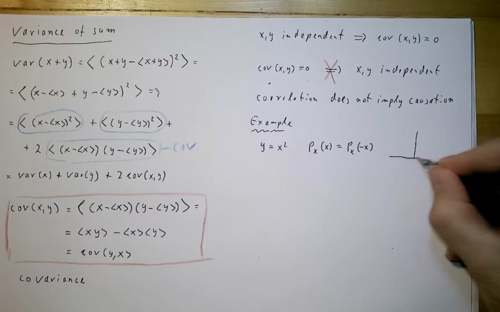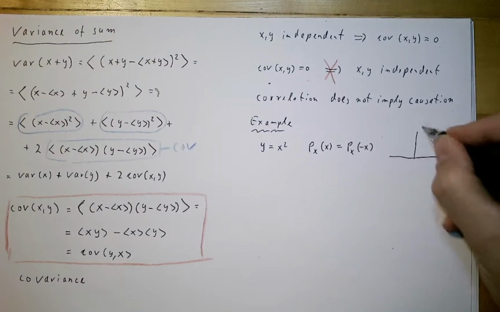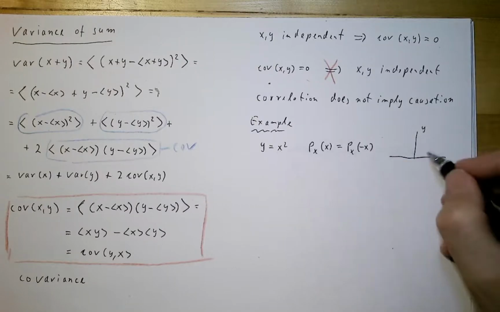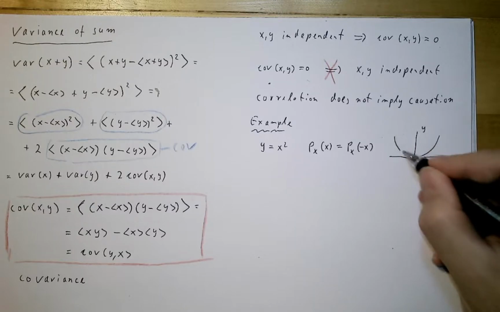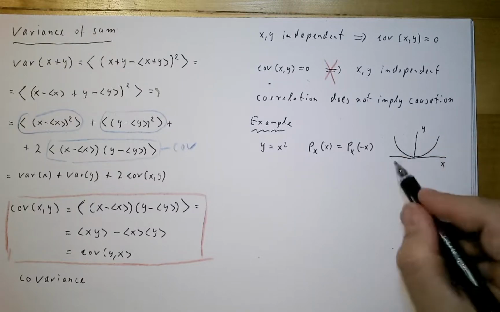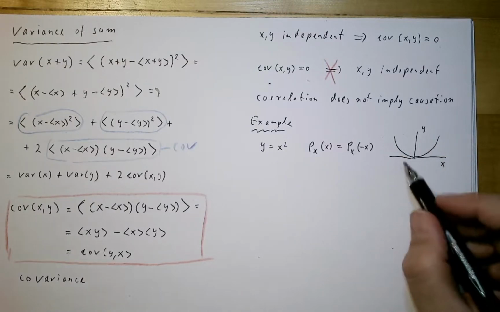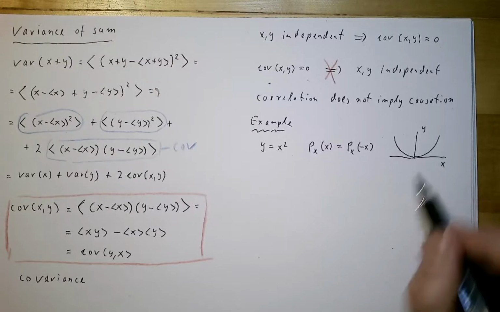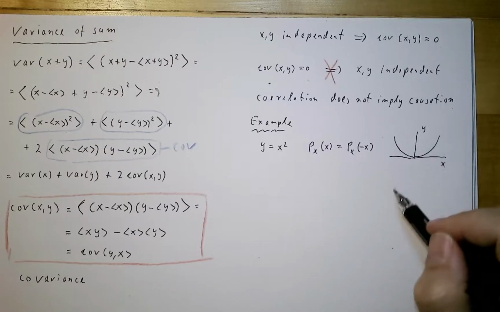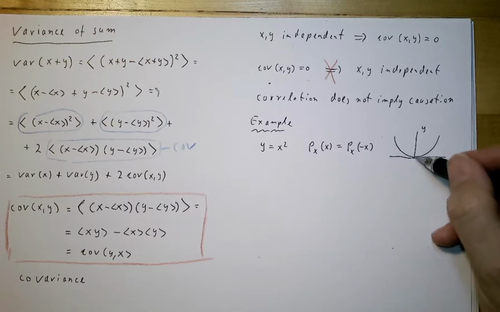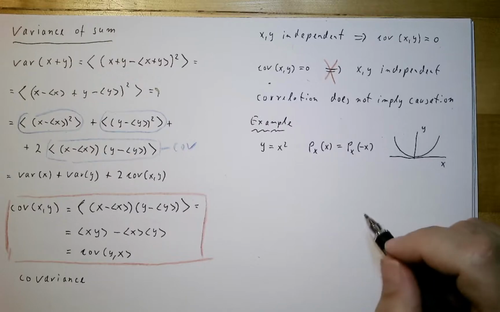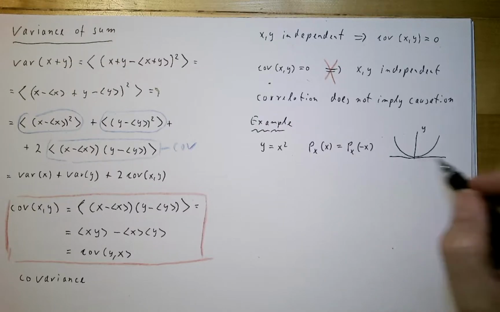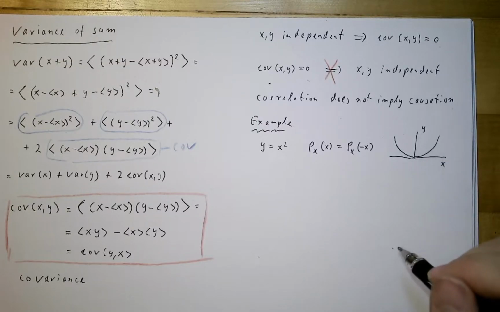So let's say here's x, and then we have y, and they're related like this. Now we assume the marginal distribution is symmetric around x, but y is only positive, and then you see that the full distribution cannot be written as the product of